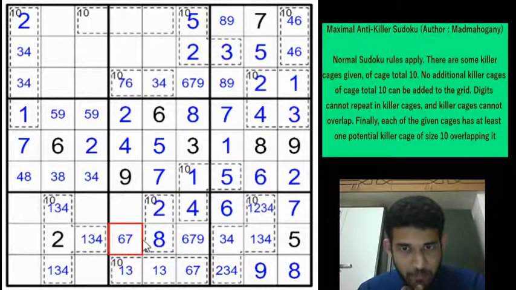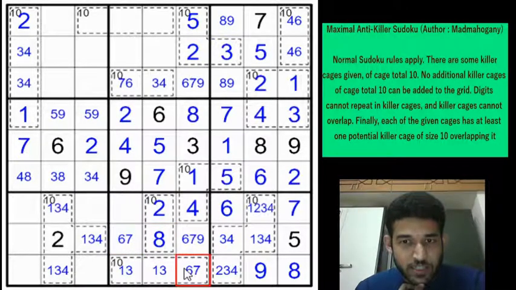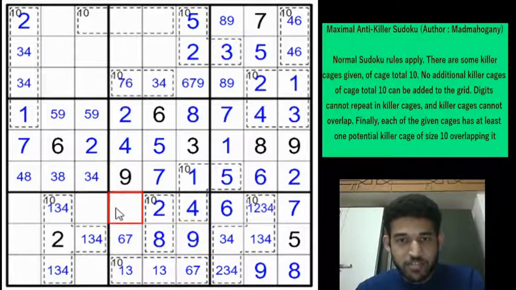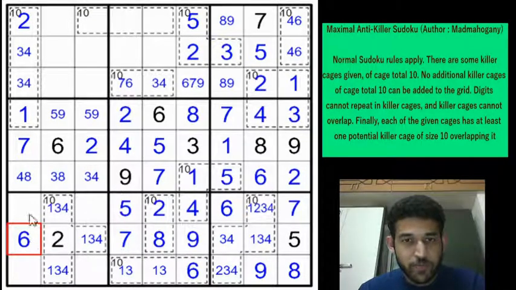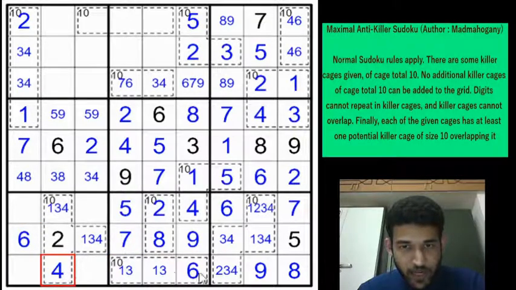Now we have a 6-7 pair in box 8, so that gives a 9 here, right? Which means this will be a 5 to complete the box. And because we have 1 3 here, this cell has to be a 6, this will be a 7. And row 8 column 1, the only remaining digit along row 1 is 6, that will go here. Okay. And 1 3 is here, so this cell will be a 4. And 1 3 4, and this cell will be a 2.